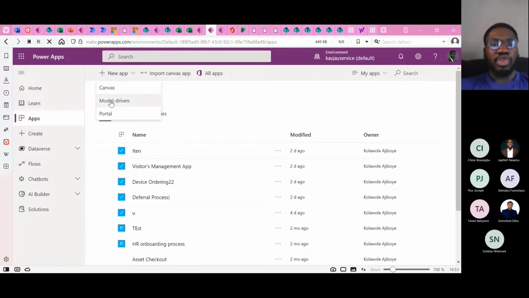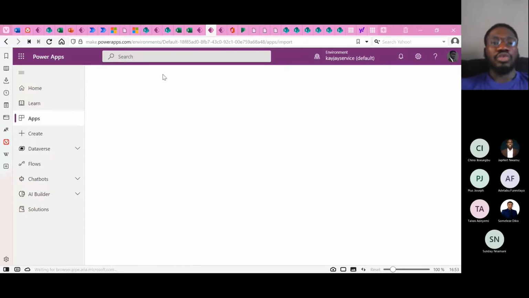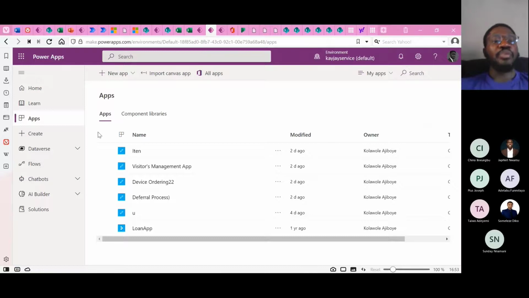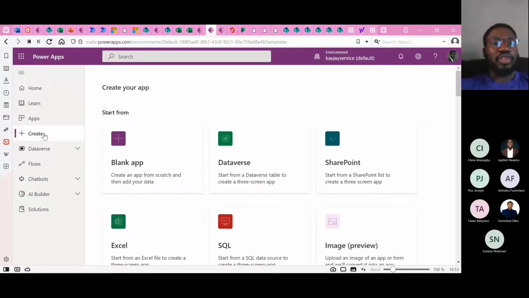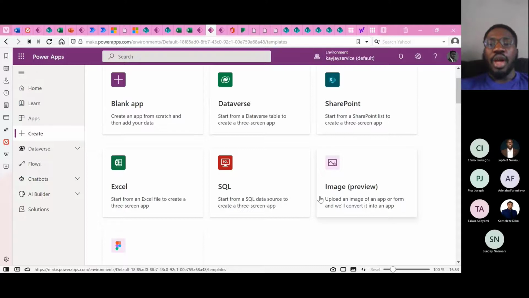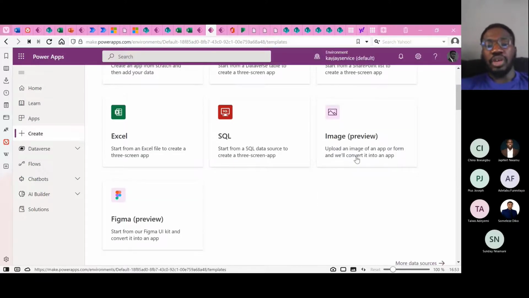by selecting Canvas, model driven, or whichever you want to create. And in case you want to import an existing application, all you need to do is select import, and it gives you where you can upload it. But we are not importing anything now. And also from the create part, you can create a blank app, or you can create an app from Database, SharePoint, Excel, SQL, and also there are two new features that were added